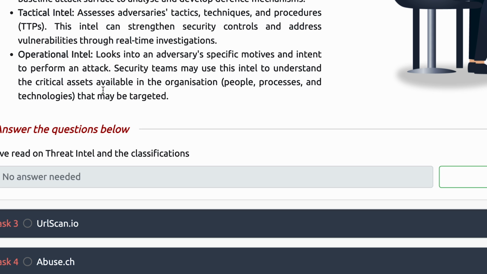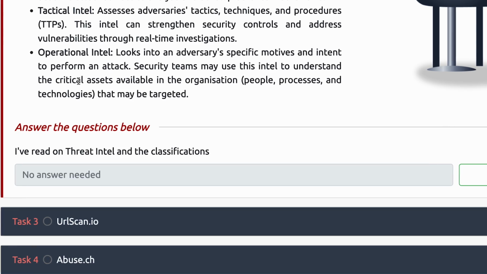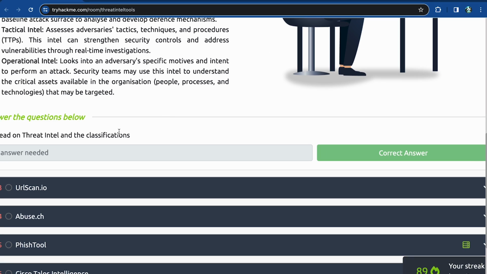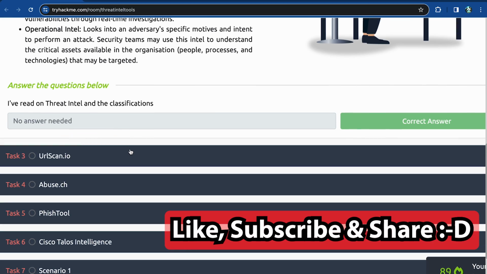There's a lot of things that they could be doing, and that's what falls under operational intelligence. So we read through that, and we can move on to our first tool, which is